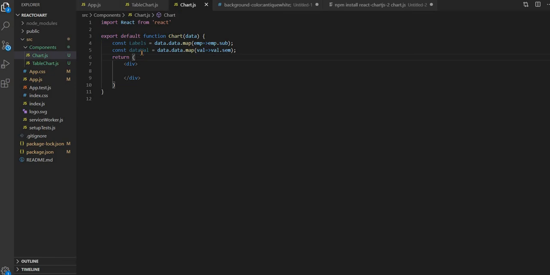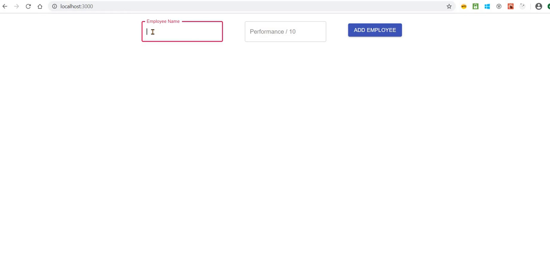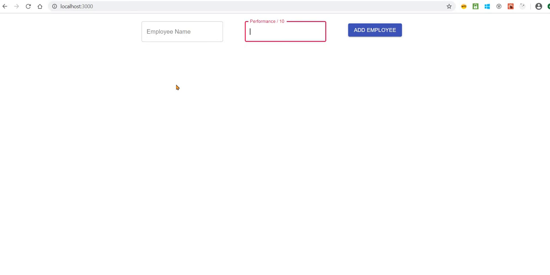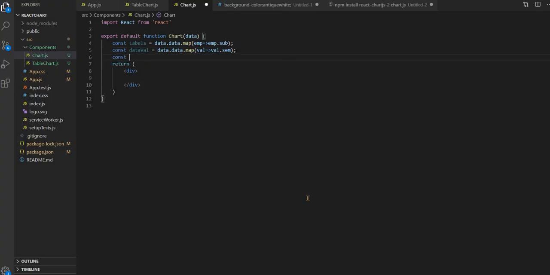So as of now, we have fetched the data from table chart inside the chart. This will create the label names, meaning the employee names will go inside the labels, and the performance values of a particular employee will go inside the data values. We are creating two different arrays: all employee names and the score each employee has. So let's create const chartData equal to,